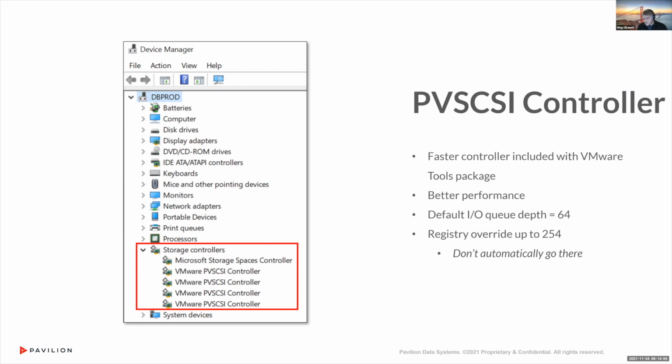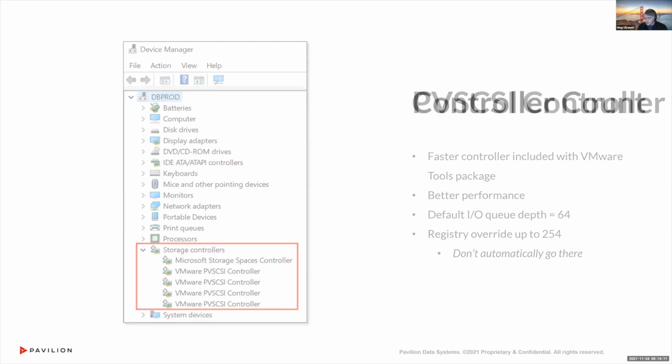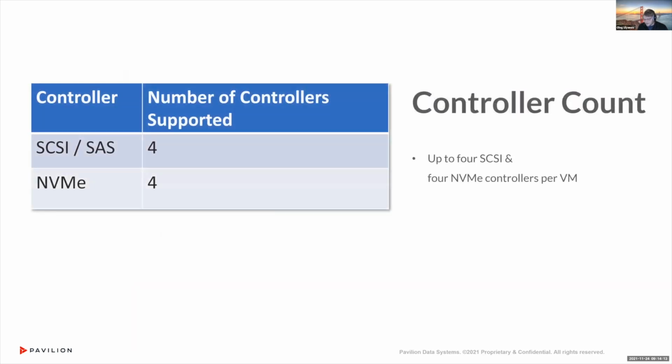And now it's important. We support a maximum of 4 SCSI controllers per VM. That might or might not be enough for you, depending on the number of disks and how many disks you want to attach to each of them, 64 being still the maximum number of VMDKs per SCSI controller that we support. What you can do, if you really want to spread the maximum number of disks between multiple controllers, is use up to 4 PVSCSI and 4